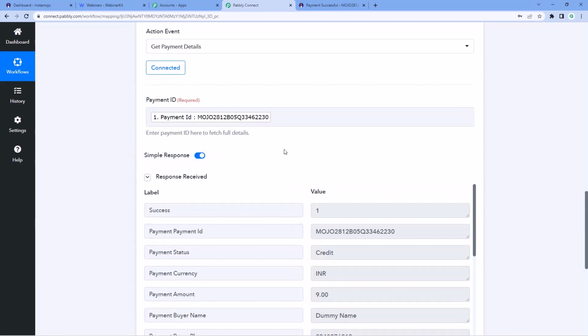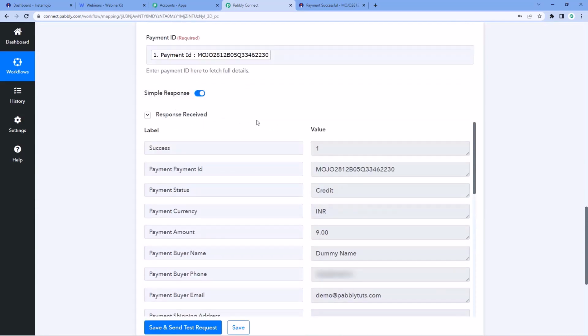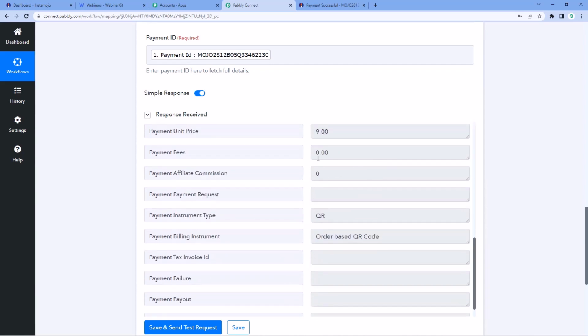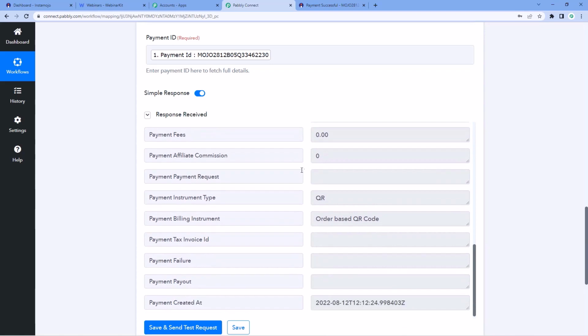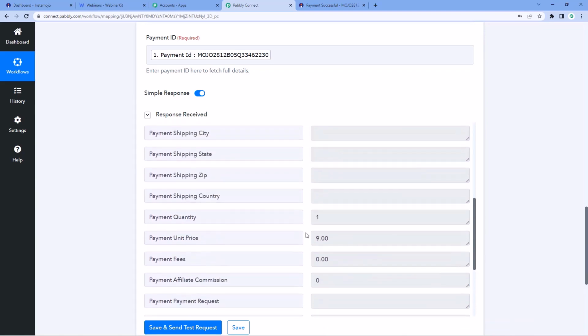After clicking on save and send test request, we can see that all the details of the payment are captured over here. So in the response, we have all the details regarding the payment, like the name of the customer who made the payment, phone number, email address. Other than that, we have the amount for which the payment was made, date and time of the payment, and other details as well. So guys, we have successfully received the details of the customer who actually made the payment on our Instamojo payment